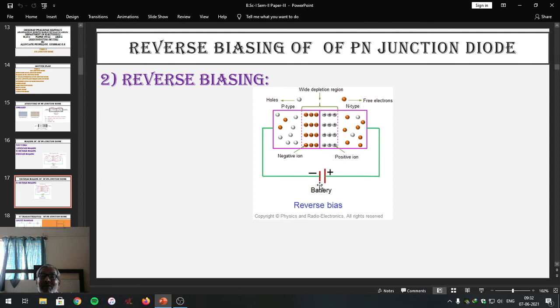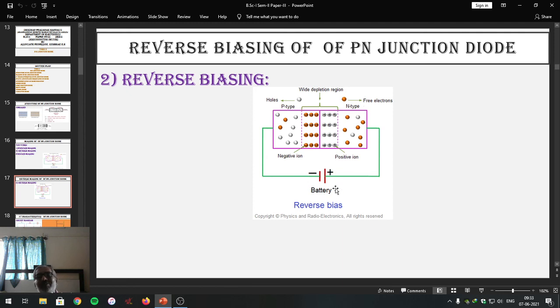The battery voltage at which the junction will break down and minority charge carriers will conduct the current a little bit, that is in microampere, that voltage we can call the reverse breakdown voltage of p-n junction diode. Students, please do remember the meaning of breakdown voltage. It will be useful for further study. The minimum reverse voltage at which the junction will break down and the minority charge carriers in both the regions will start conducting a little bit of current in microampere, that voltage we can call the reverse breakdown voltage.